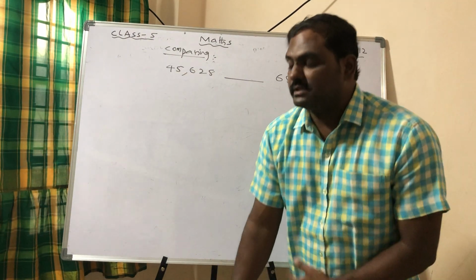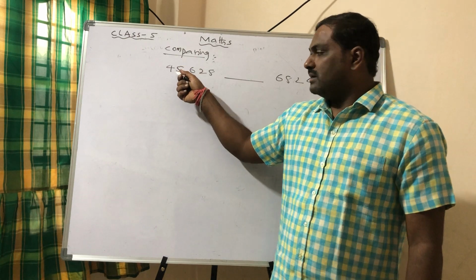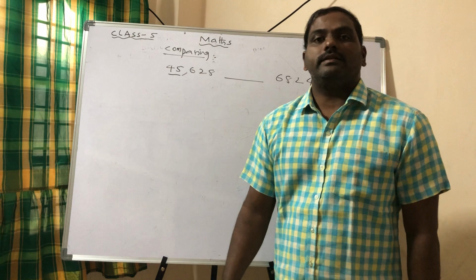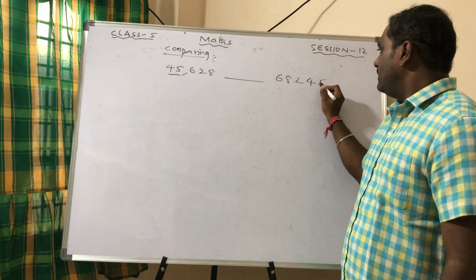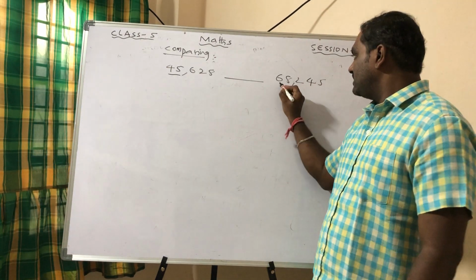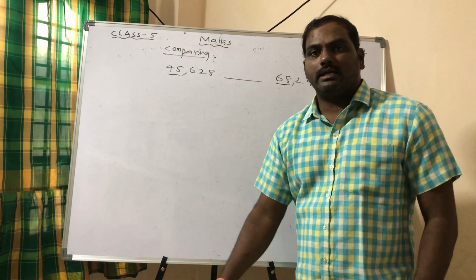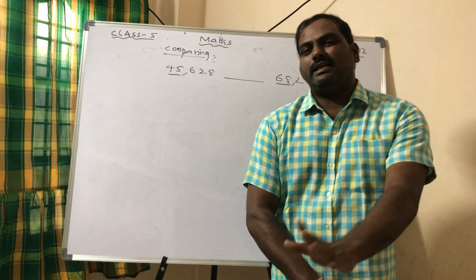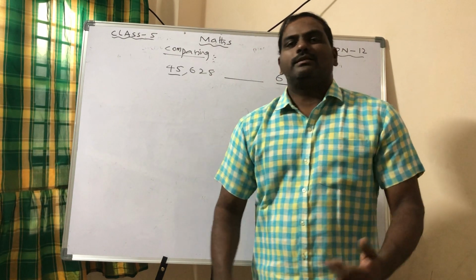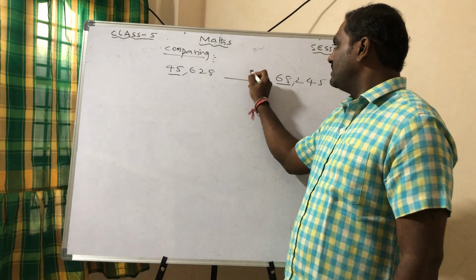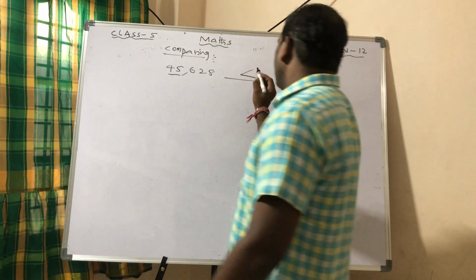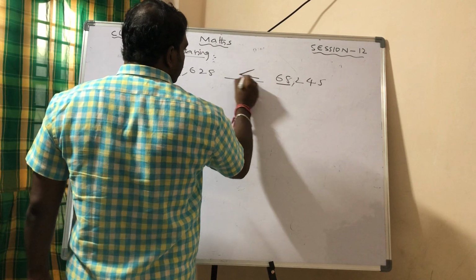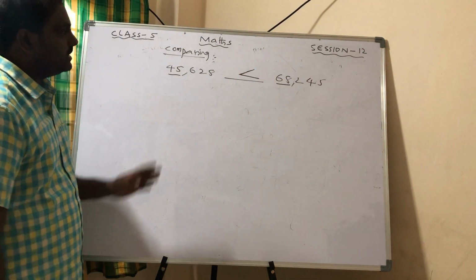And how many? What is the number? This one, 45,628. So how many thousands are there? 45,000s are there. In this case, ones, tens, hundreds, 1000, 10,000s. In this case, how many numbers are there? 68,000s are there. 45,000s పెద్దదా, 68,000s పెద్దదా? 68,000 పెద్దది. కాబట్టి I have to show this symbol like this. As I told now, these two lines must show towards the bigger number.